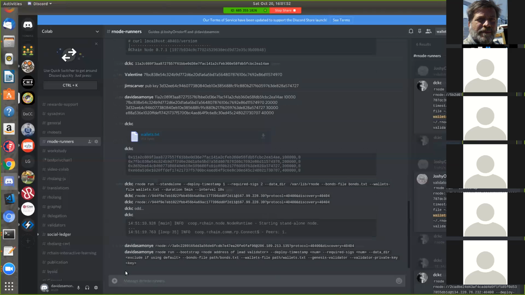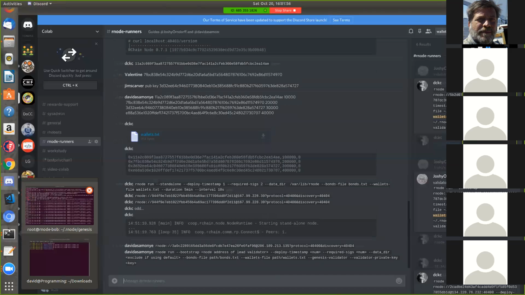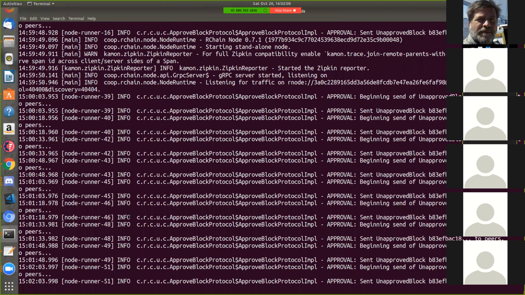Okay, so that's the command that every other person is going to run. Pete, I'm getting the private key here. The file name is the public key and the contents is the private key, interestingly enough. Ah, got it.